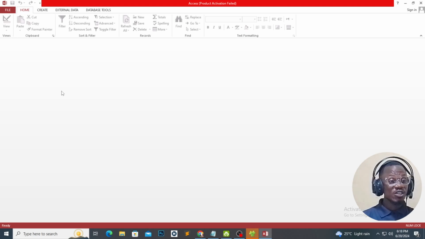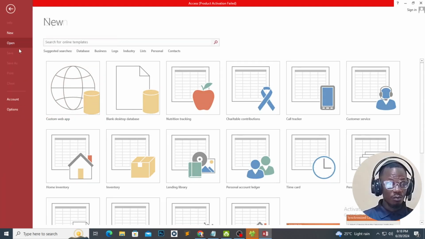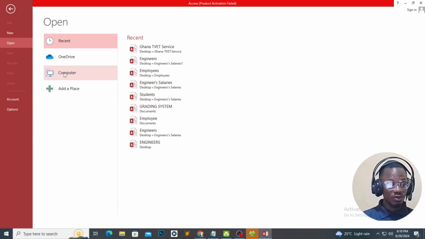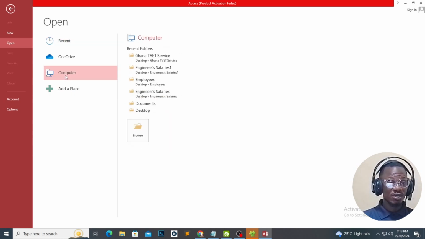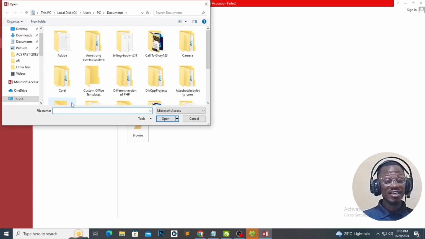How do we do that? So go ahead and click on File, and click on Open. Then I'll click on Browse. So I'll select my computer and click on Browse. So when I click on Browse, remember in our previous lesson we learned how to create a database